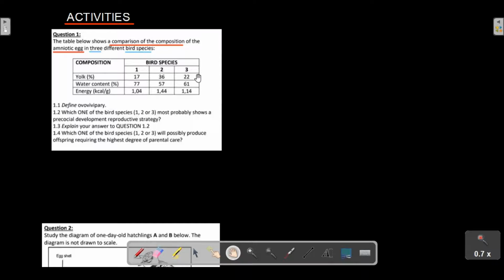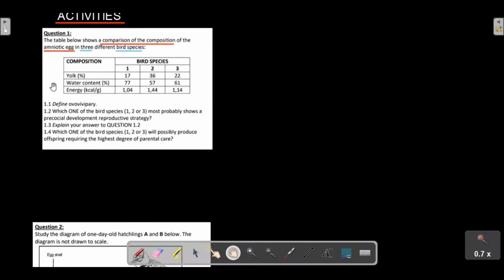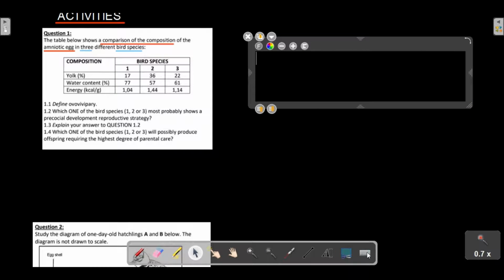And then bird species 3, I would say, has a higher composition of these 3 elements than bird species 1, relatively. Right, so question 1.1, let's start off with the first question,